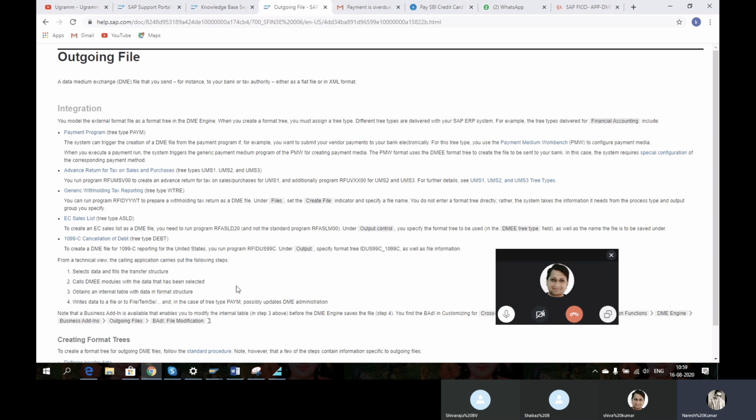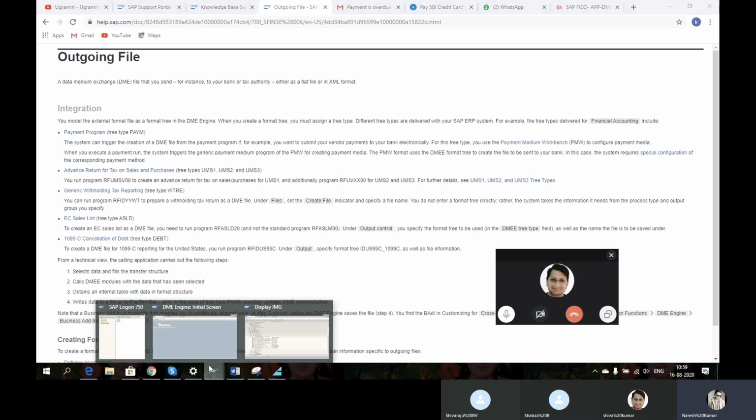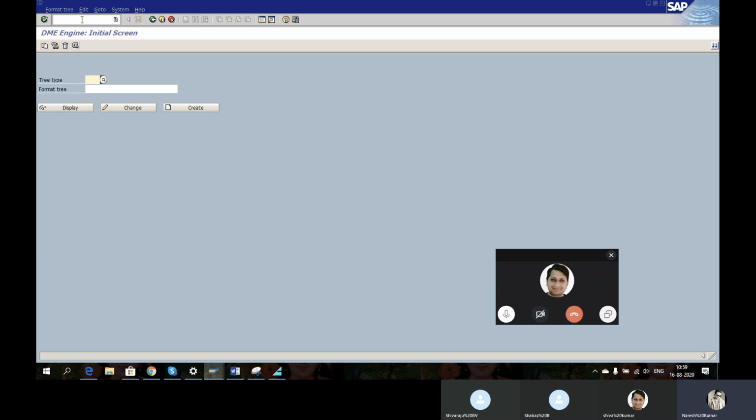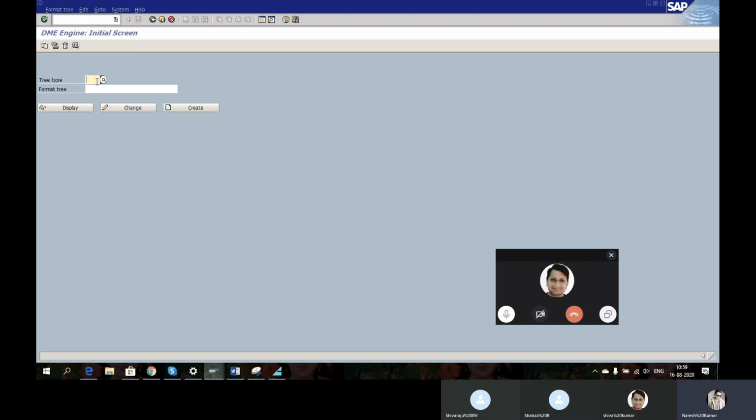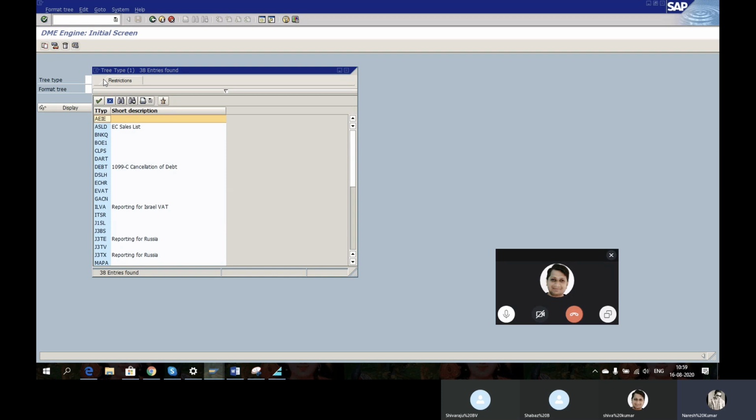So now let us go once and check it out under DME. That T code itself is tree type. This is the exact thing. So here we have normal things like, we have seen DEBT for debt, and we have ASLD for EC sales list,